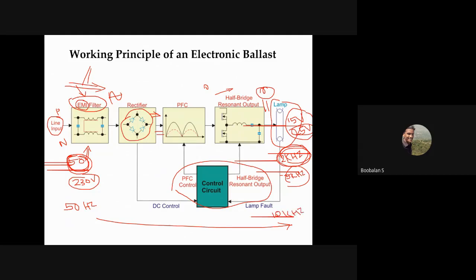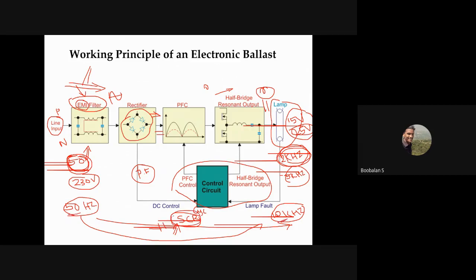We already discussed power electronic switching devices in our power electronics subject: MOSFET, IGBT or SCR. These switches act as an inverter. With fast switching speed, MOSFET and IGBT are also utilized over here. They convert this, that is called a cycloconverter, stepping up. From 50 hertz to 10 kilohertz, these switches are turned on, turned off,